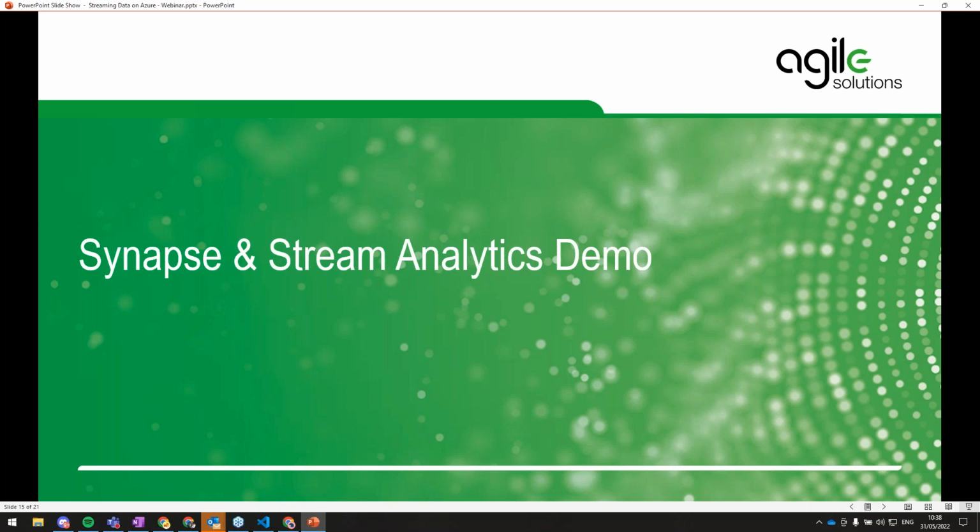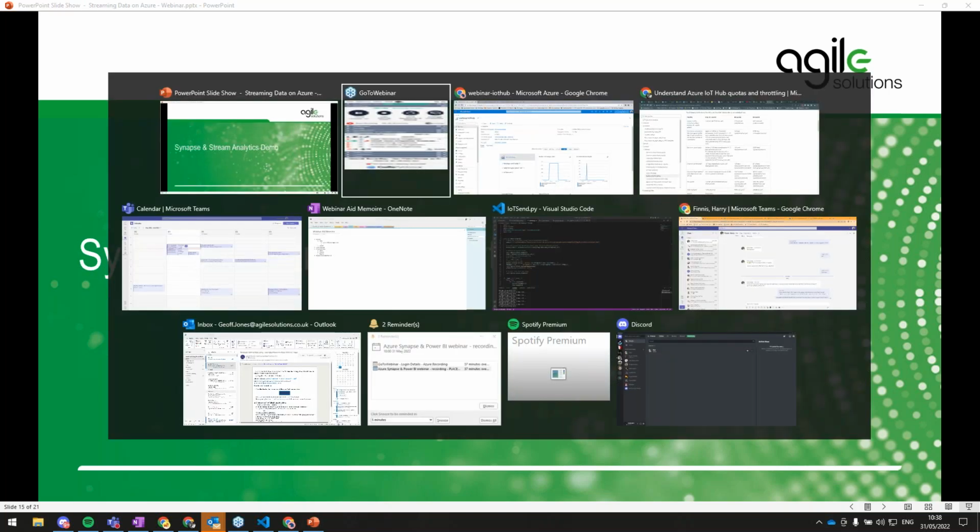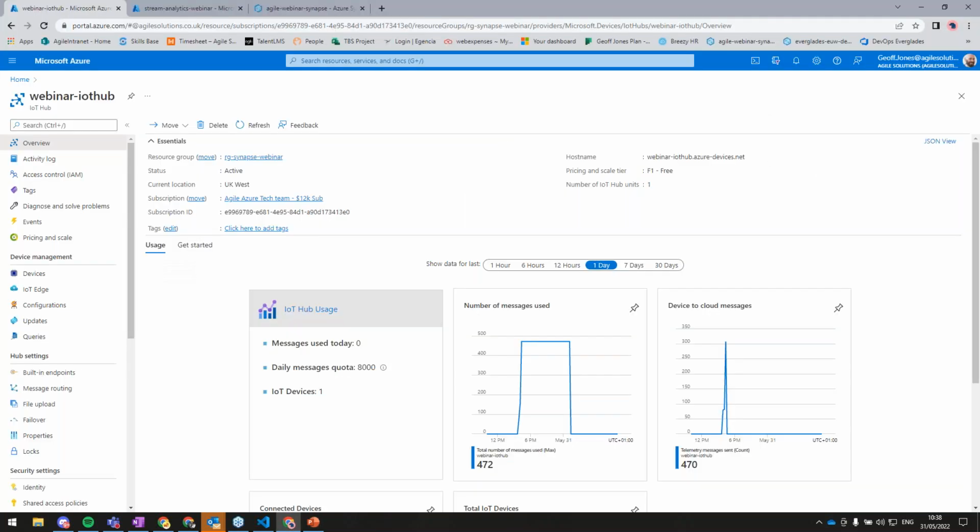So with that being said, I'll talk you through our specific use case that we've set up a demo for. In our use case, we are going to be discussing a scenario in which we have a business that has a number of devices. Those devices are fridges, and those devices are streaming data out about their temperature. Now, the journey starts in Azure with IoT Hub. IoT Hub is provisioned within Azure, and it's a central place for us to configure all of our devices in the real world.